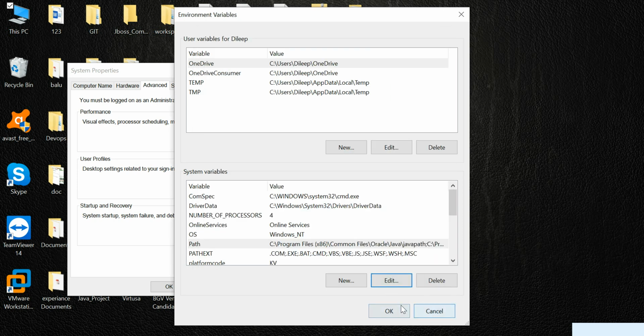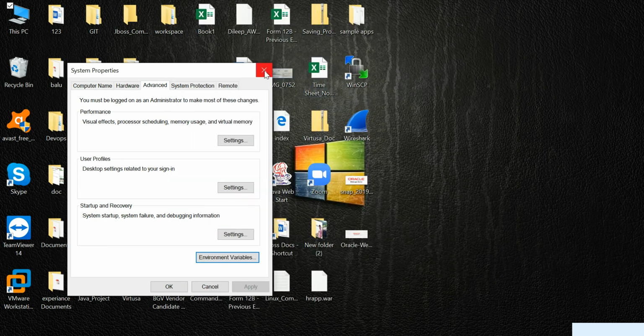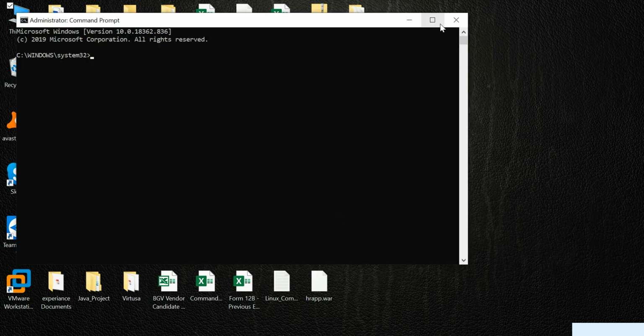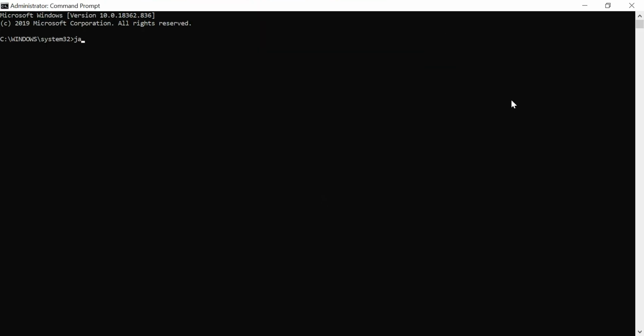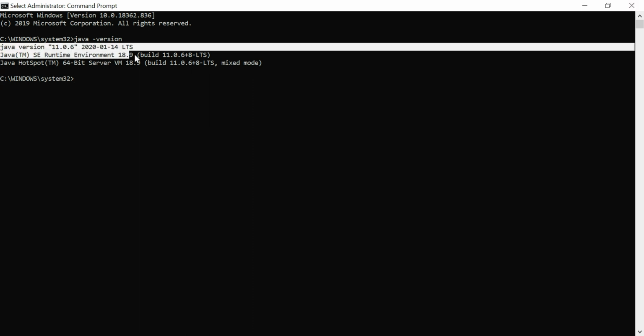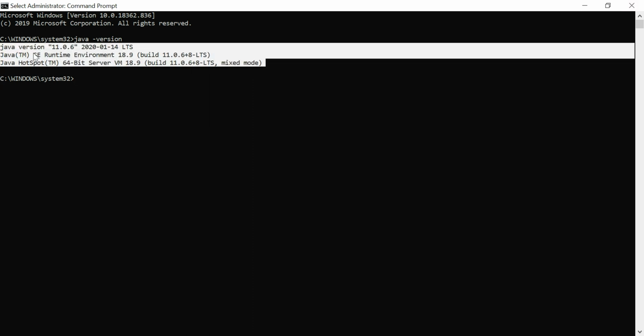Okay. Okay. Now I have to check the version of JDK here. java -version. See, it was installed. Now we are able to see Java version 11.0.6.